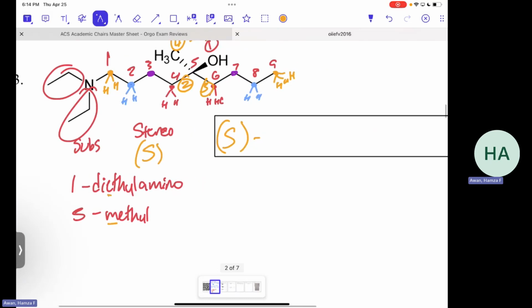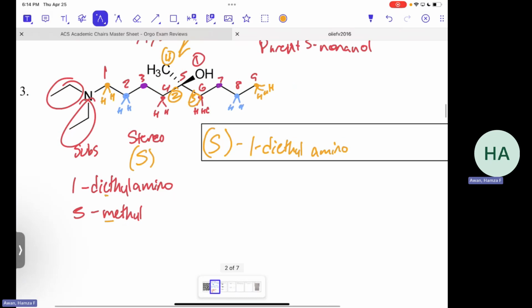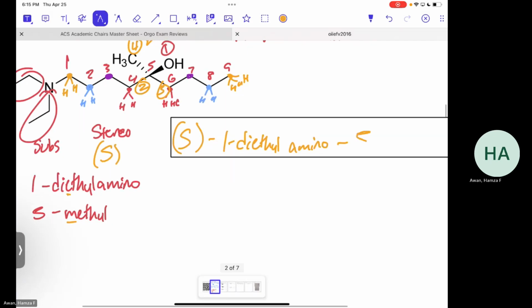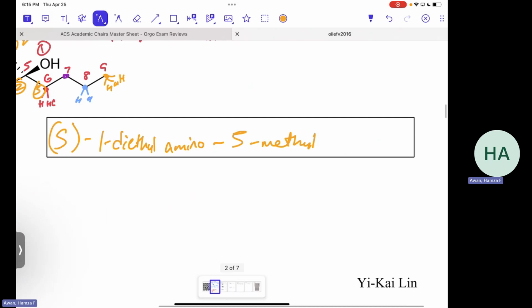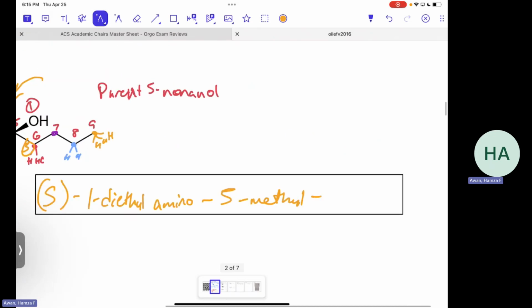So we're going to say 1 diethylamino. And then 5 methyl. Dash 5 nonanol,